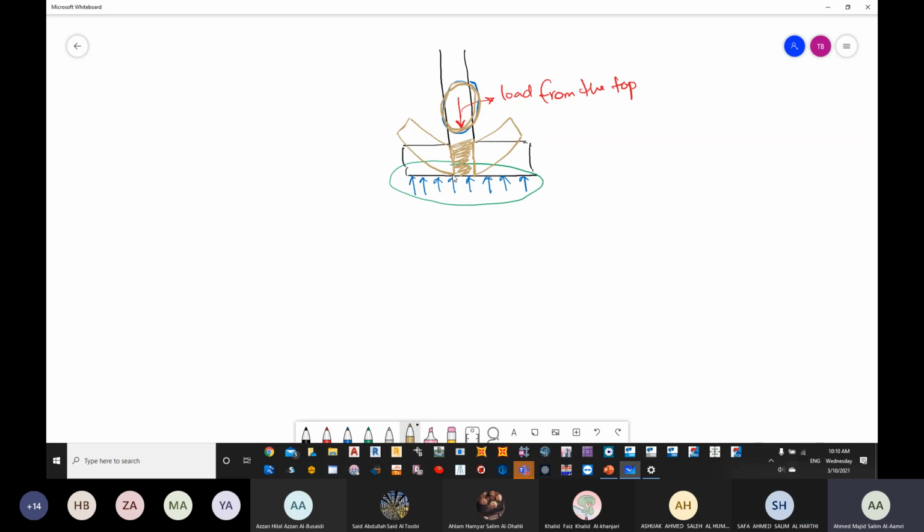Now, can you tell me how you would draw the bending moment for this particular element? If you say this is my foundation, because we said drawing the free body diagram is very important. Now, if you see, what do we have? This is my element, which is a foundation, and then we have different loads, which are representing the capacity